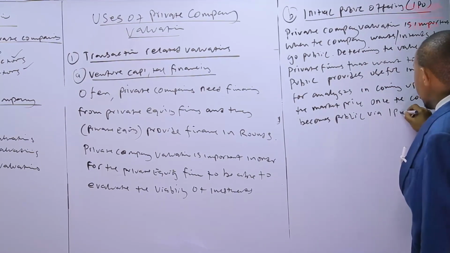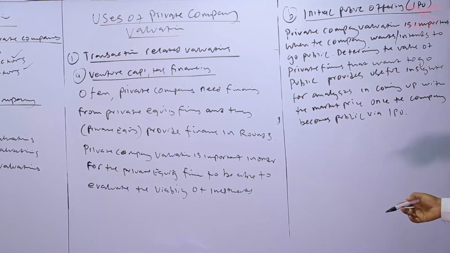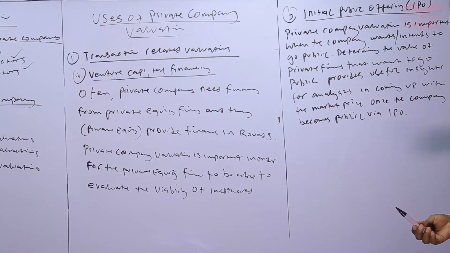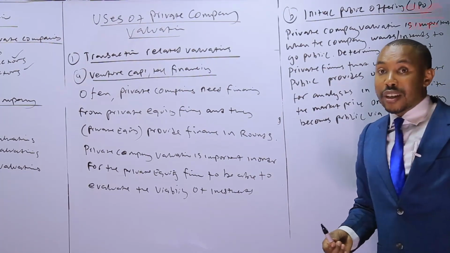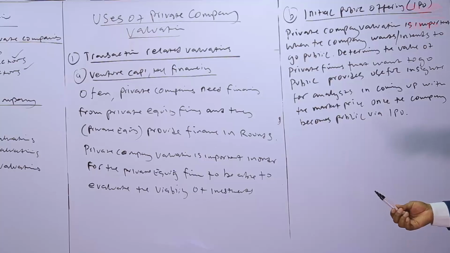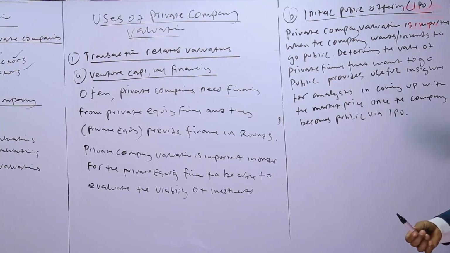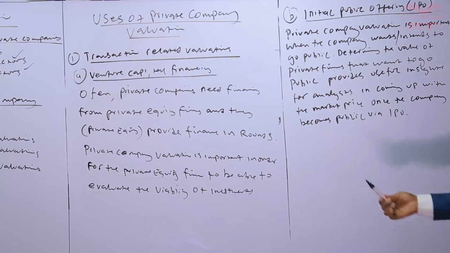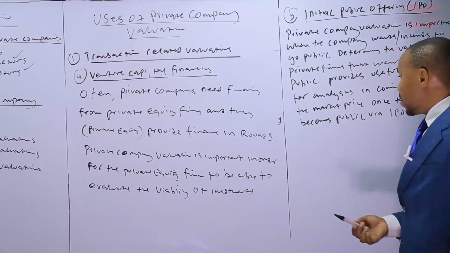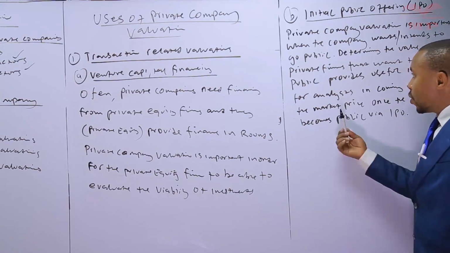Via IPO. So we are saying that it is important to determine the value of a company, so that when analysts are trying to determine the market price, it would become an easy duty for them to determine the market price there. So that is the second